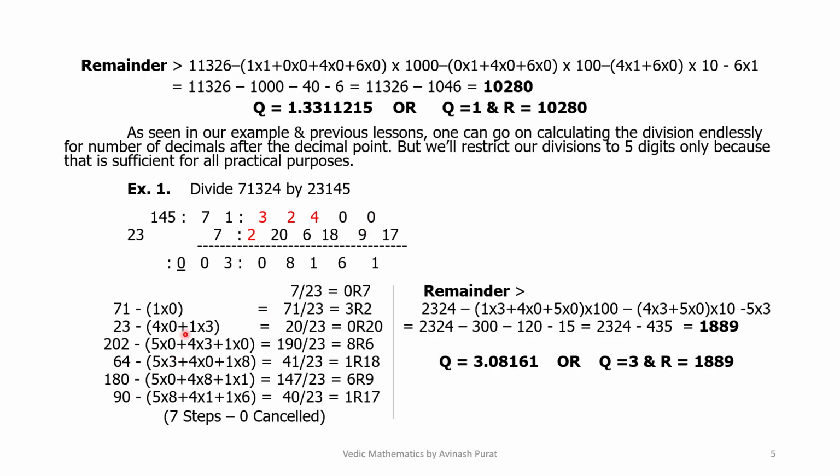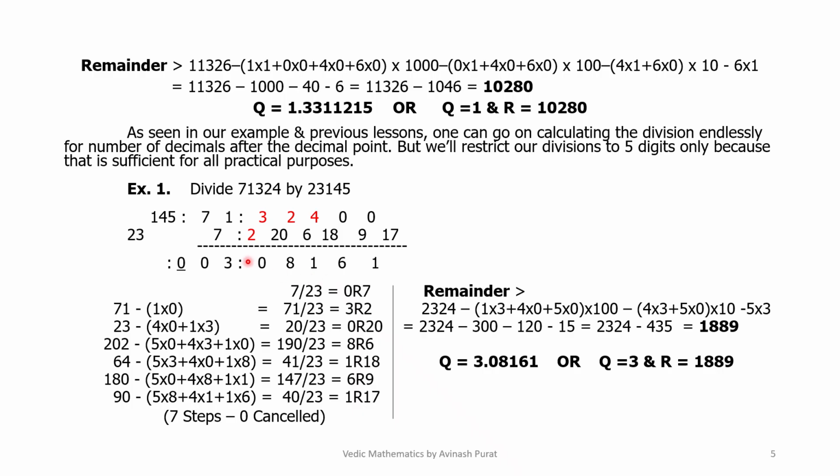90 minus 5 into 8 plus 4 into 1 plus 1 into 6 equal to 40, divided by 23, is 1 as quotient and the remainder is 17. Now here there are 7 steps and none is cancelled. The remainder is